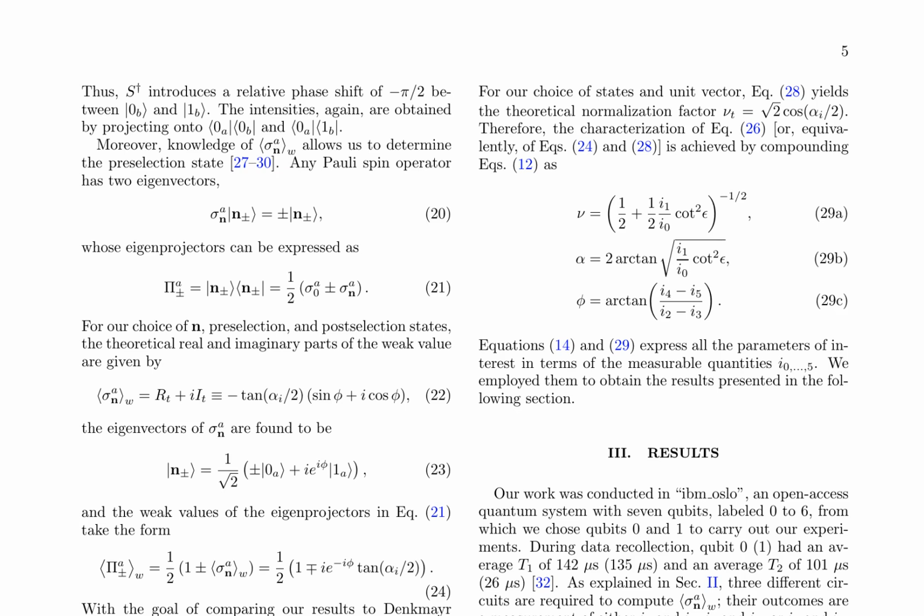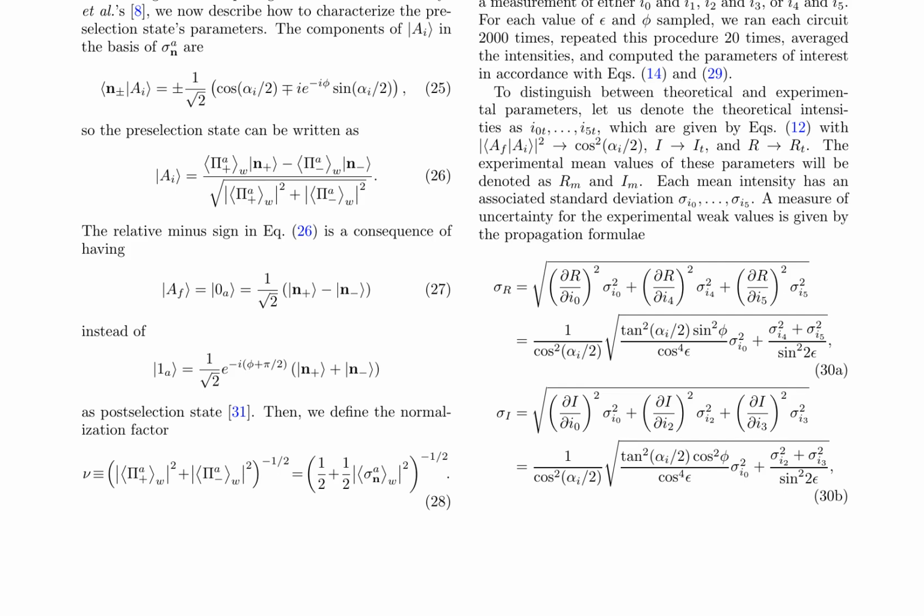These measurements are repeated 20 times for each value of E and phi sampled, with the goal of comparing experimental results to theoretical predictions. Theoretical intensities are denoted as I0t to I5t, derived from equations 12. With AF, I, 2 pointing to cos squared alpha I, 2, I pointing to it, and R pointing to RT. Experimental mean values of these parameters are denoted as RM and IM, with associated standard deviations sigma I0 to sigma I5. The authors also provide uncertainty measures for the experimental weak values using propagation formulae, given in